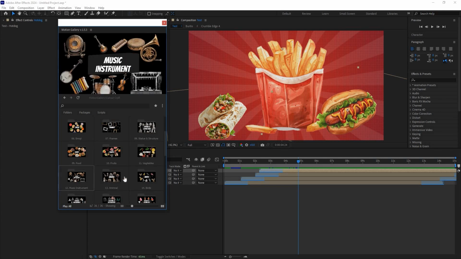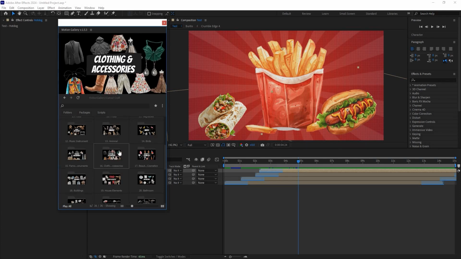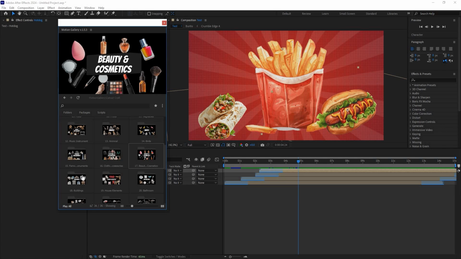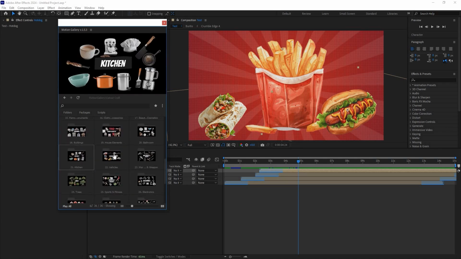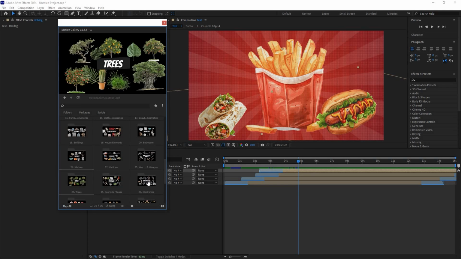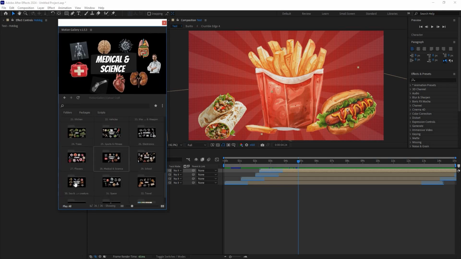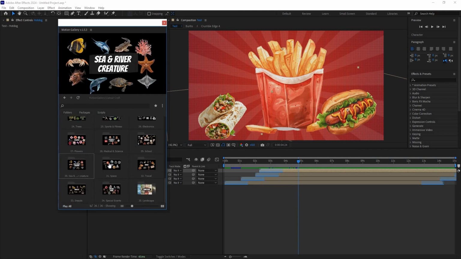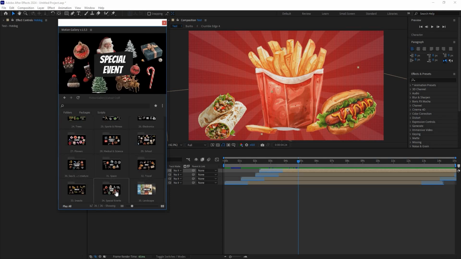vegetables, music instrument, animals, birds, and then famous monuments, clothing and accessories, beauty products, buildings, house elements, bathroom, kitchen, vehicles, war and weapon, trees, sports, electronics, flowers, medical and science, school, sea and river creatures, space, travel, insects, and inside